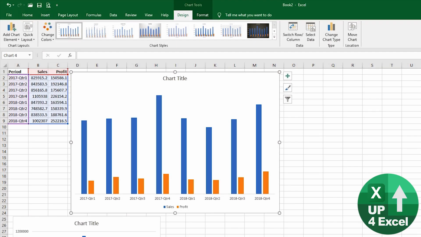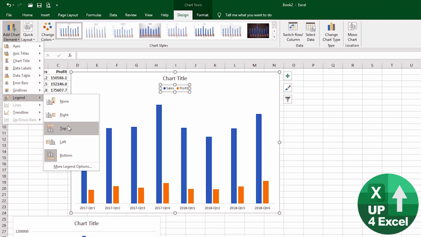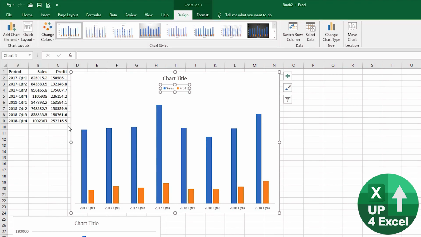Okay, so the next thing we're going to do is move around the titles and position our legend and things like that. We've got a legend at the moment, it's down here. So we can click on legend and we can move that to the top. I think that's a preferable place to have it. So we'll do that right now. And I'm going to add a chart title. Now, the interesting tip on this, we can manually type in here anything we like. So we can type in sales and profit,